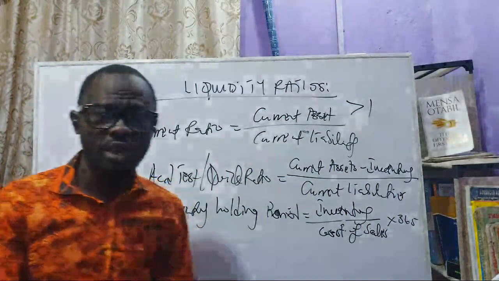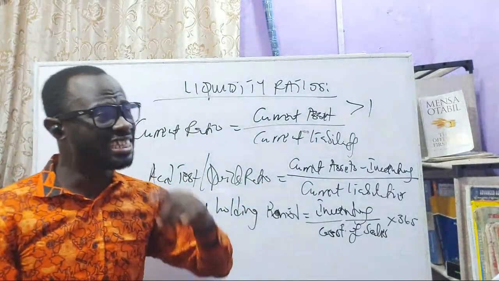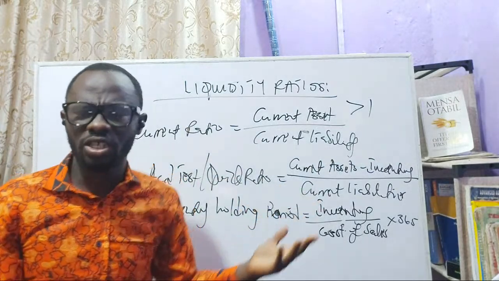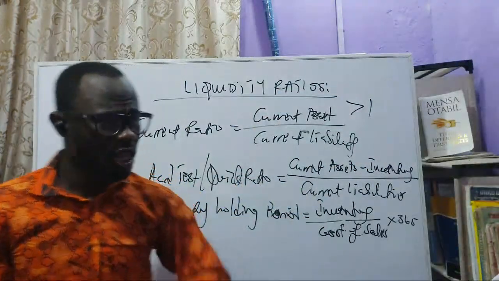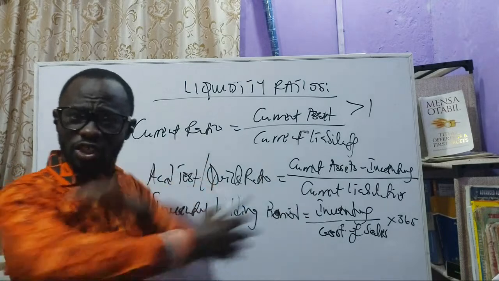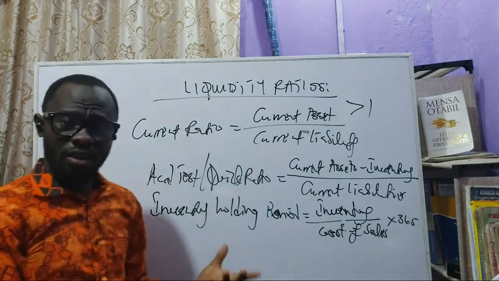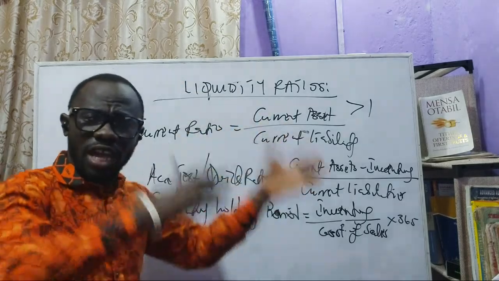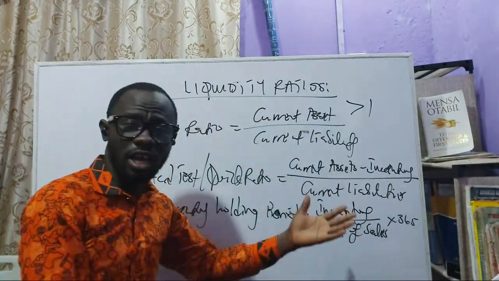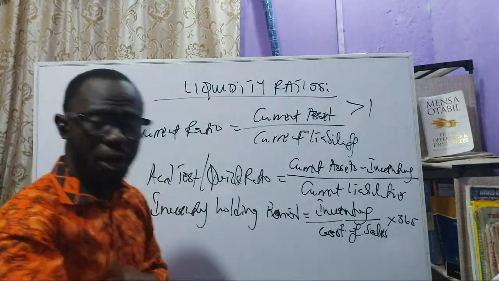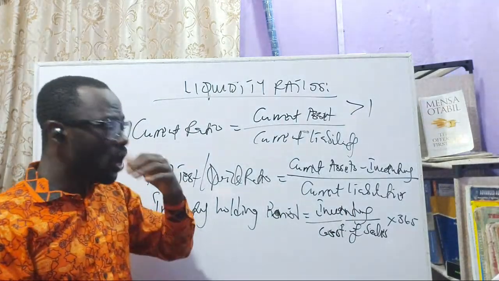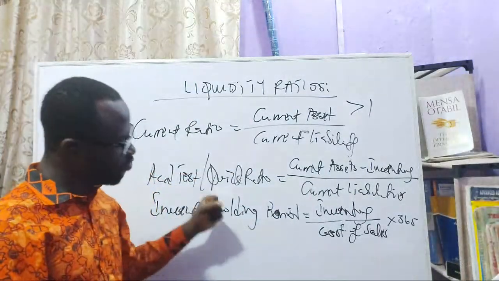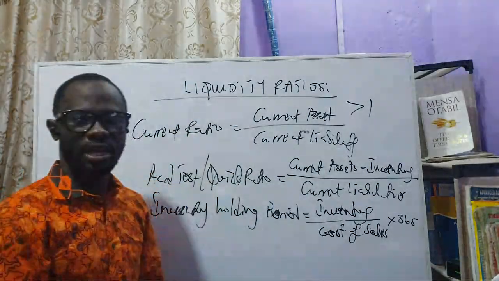Because imagine you're a retail company, you buy inventories and it takes 100 days to sell them out. That's too much. You're locking up capital too much. Retail, you should buy and it should go. So the shorter the period in that case is better. Now, in either case, irrespective of the industry we are in, whether retail or real estate, the shorter the inventory holding period, the better it is for